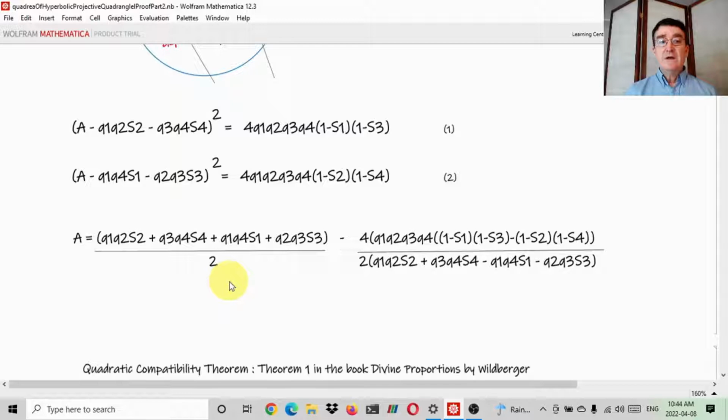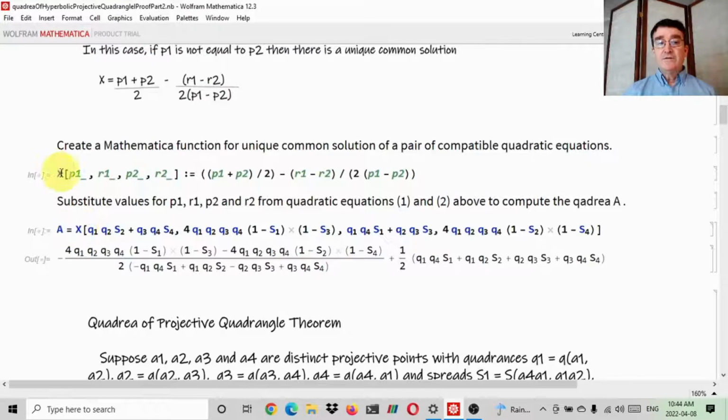So this quantity here, Q1, Q2, S2 plus Q3, Q4, S4, that's p1. This right-hand side is r1. This right-hand side is r2, and the quantity Q1, Q4, S1 plus Q2, Q3, S3, that is p2. So when we substitute that into our equation for x, we get the expression for the quadrea